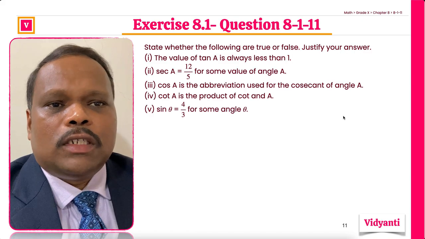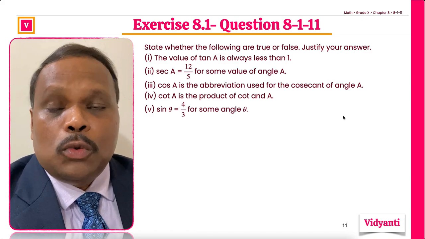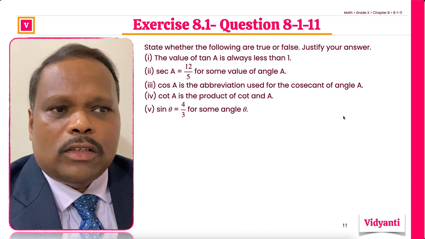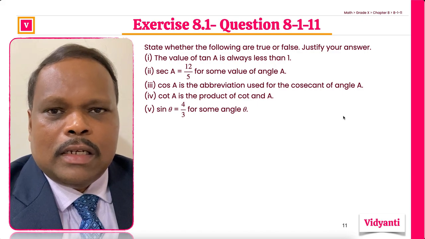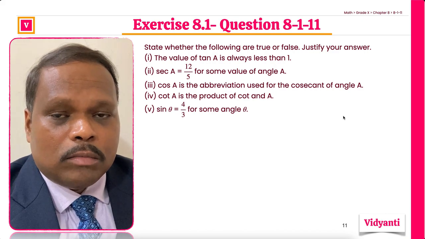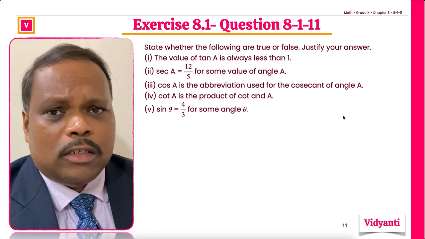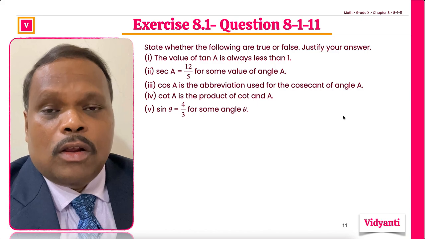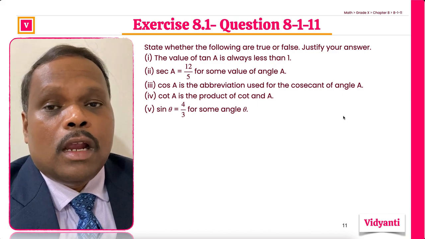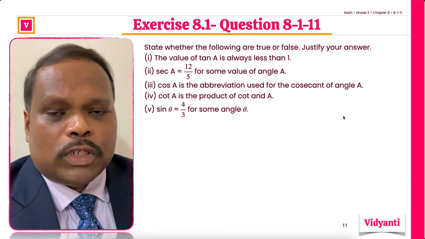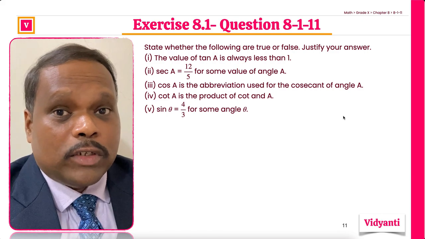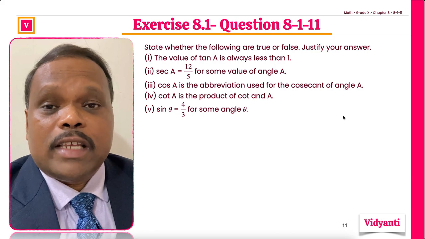Let's go to the next question. State whether the following are true or false. Justify your answer. The value of tan A is always less than 1. Well, this is true for sine and cosine, but this is not true for tan. There is no such restriction for tangent trigonometric ratio. Remember, tangent is simply ratio of sine and cosine. Since cosine can be 0, you can have a situation 1 over 0, and that's exactly what happens in case of